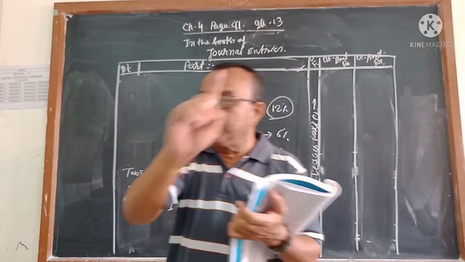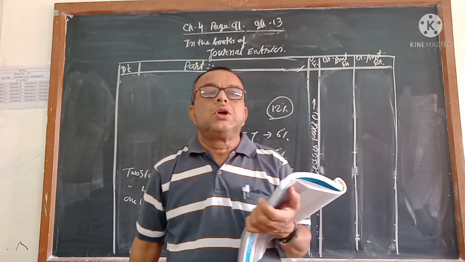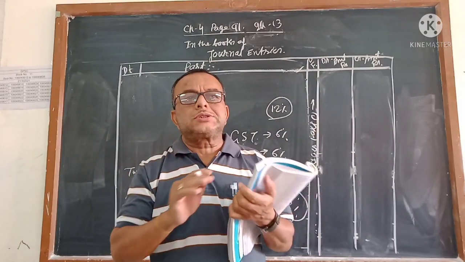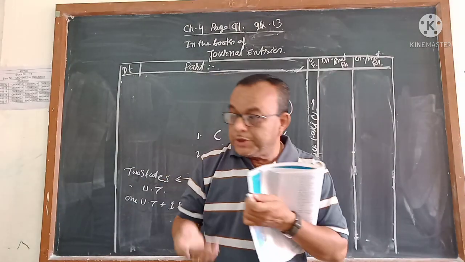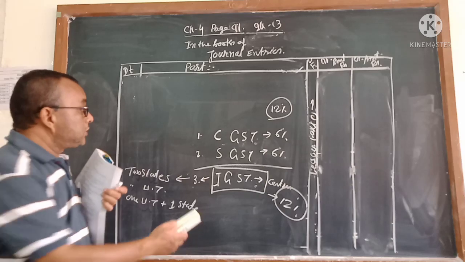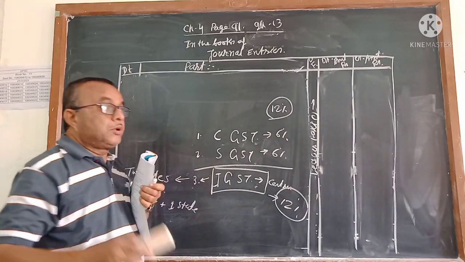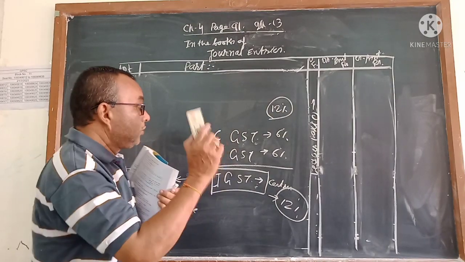This is the one formula you will keep in mind. That will help you calculate the amount. All of you will be able to understand whether it will be debit or credit. But the question is how much central, how much state, or how much IGST, when it is applicable and when it is not applicable. Keep that in mind.